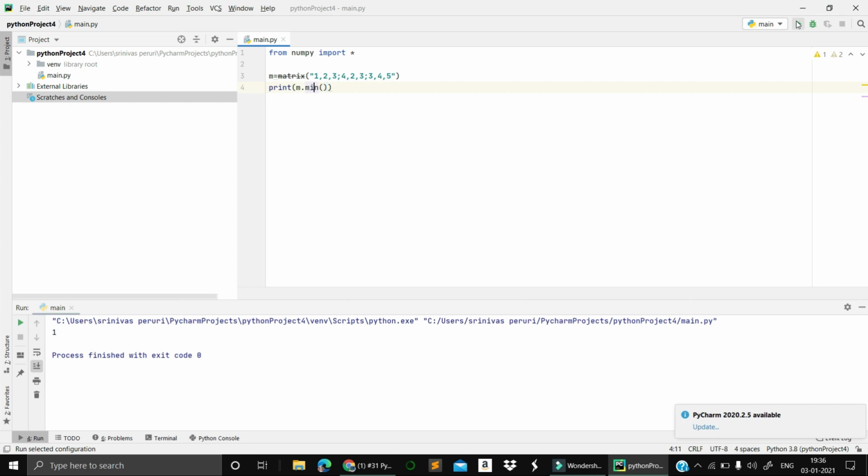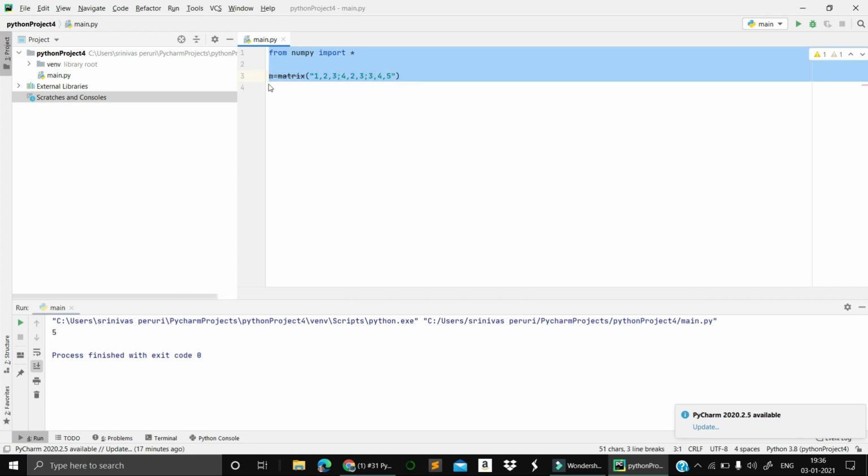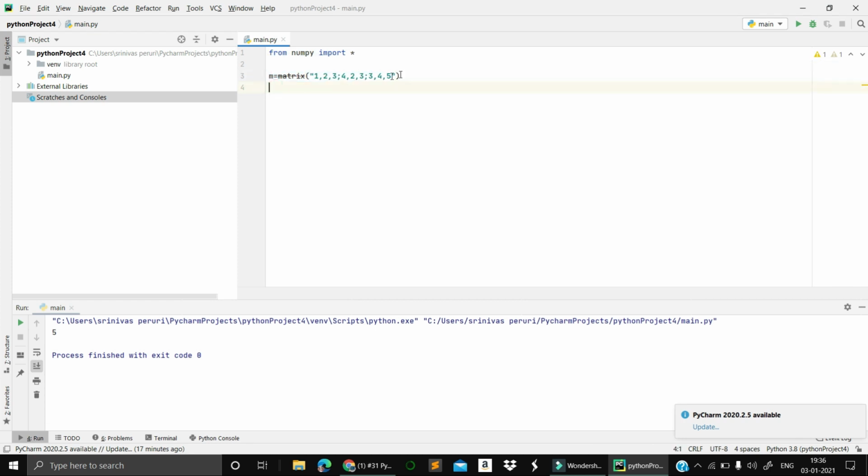You can get the maximum value also. You can get 5 as the maximum value, right? You can also perform the same thing. You can perform matrix addition, subtraction, multiplication, everything, right?